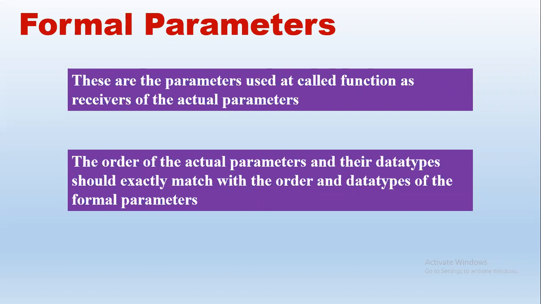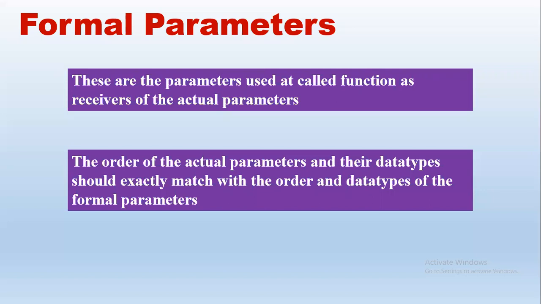In actual parameters, formal parameters may be int x, float y. Names may be the same or different, that is not a problem. But the order matters: if it is int, float in actual, in formal also it should be int followed by float. If the first variable is int and the second is float in actual, even in formal the first one should be int and the second one should be float. We cannot interchange; we cannot write float y, int x. If it does not match, the compiler will surely throw an error, right?